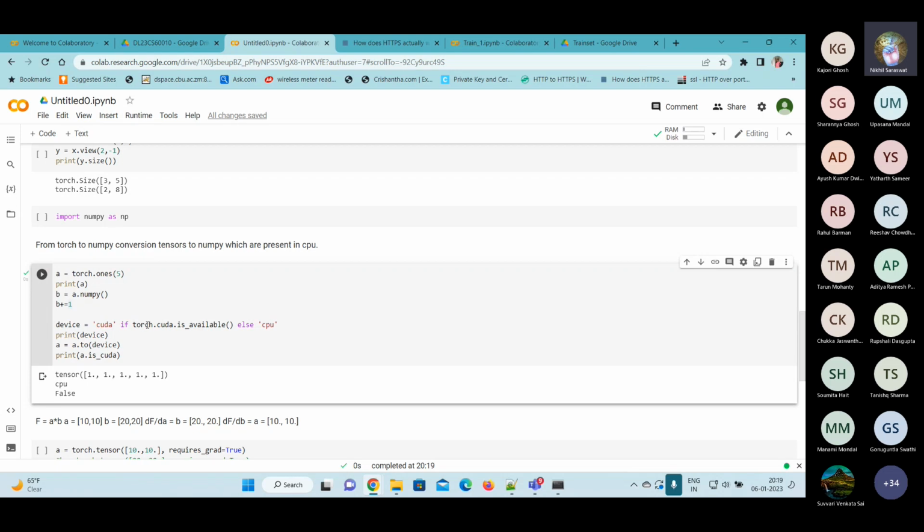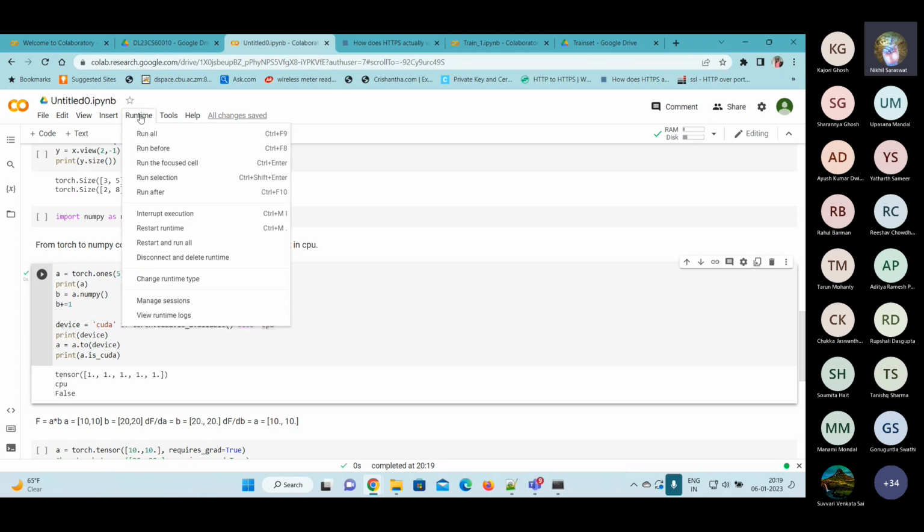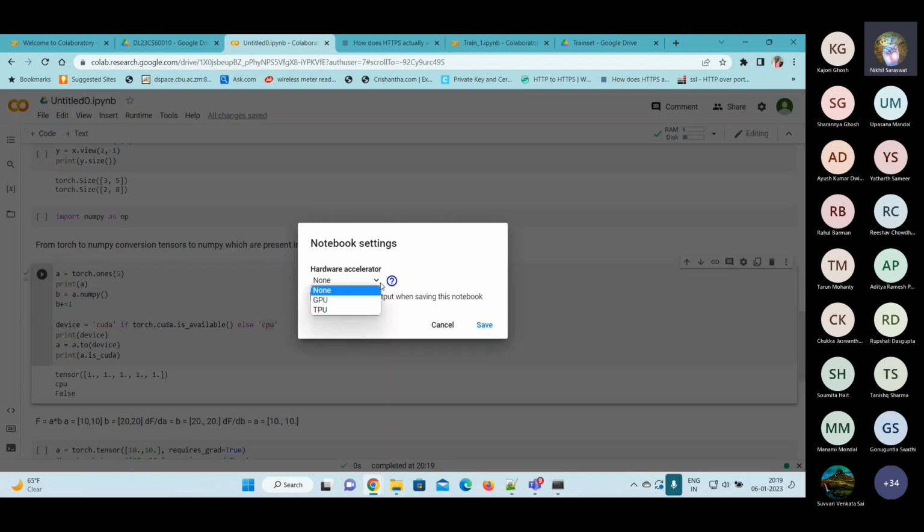Device equals CUDA. If CUDA dot is available is false, so it is showing CPU. If I set it to GPU, then